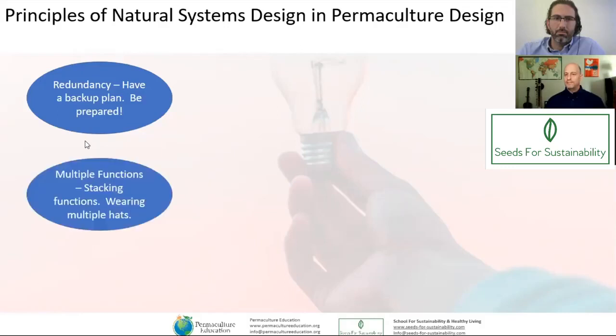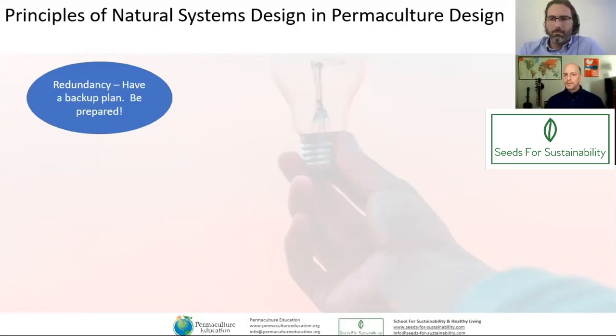If you use that same kind of thinking in the design of systems to create a product, you could say, okay, I use this material to make my product. But what if this material is not available? I have to have another as a backup. Ideally, you would want to make that sustainable and locally sourced, something you could turn to if the original material is not available. So that's a good example of how to use it in farm, homestead, and industry.